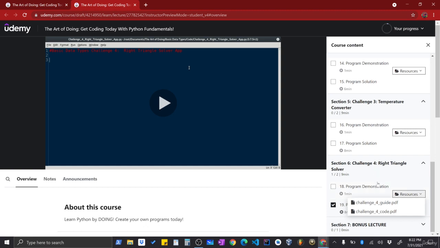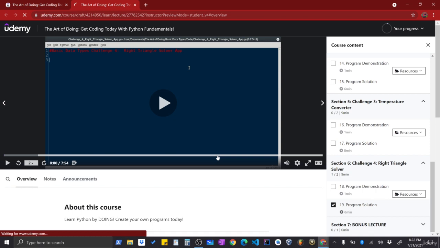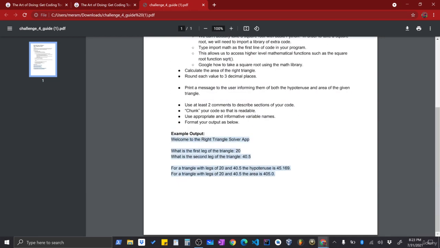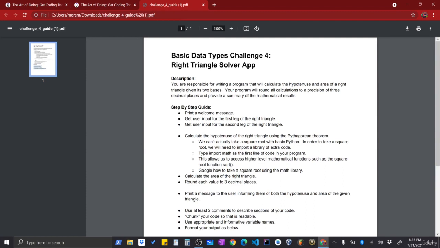The first tier would be watch the program demonstration, and then if we look at the guide, and I'll download this, it's a PDF. The guide will give you a description of the program that you're trying to create and some example output. And so this is like our first tier. Using the description and the example output, can you come up with the thought process all on your own and